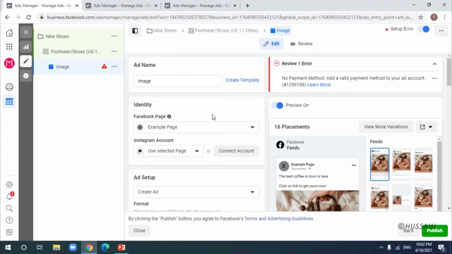Then secondly, you have to connect your Facebook page. As you may remember, we created this page in the beginning. You have to click on this drop down and choose the page you want to run your ads through. And then, if you have an Instagram account, you can connect your account over here, or you can run your ads on Instagram through this page. So all you have to do is choose use selected page. Okay, once you scroll down,